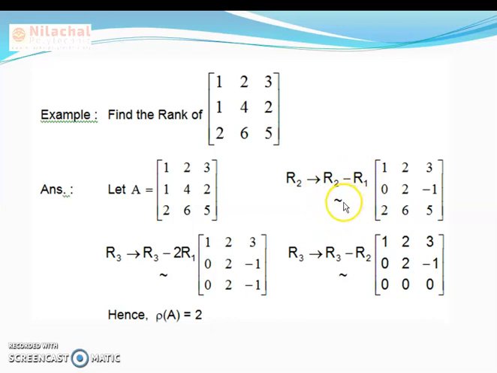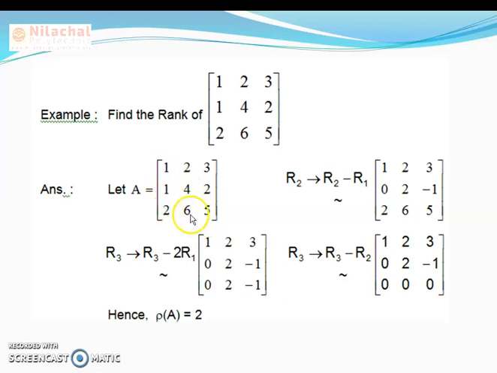So what is our main target? To find the rank. If any matrix is given to you, you have to convert that matrix into an upper triangular matrix. That thing you have to remember. This is your question, and you have to convert your question into an upper triangular matrix. Upper triangular means the elements below the diagonal must be equal to 0, all three elements. This is your main target.